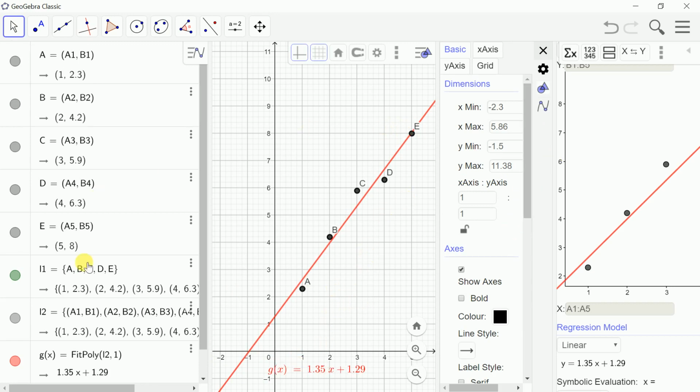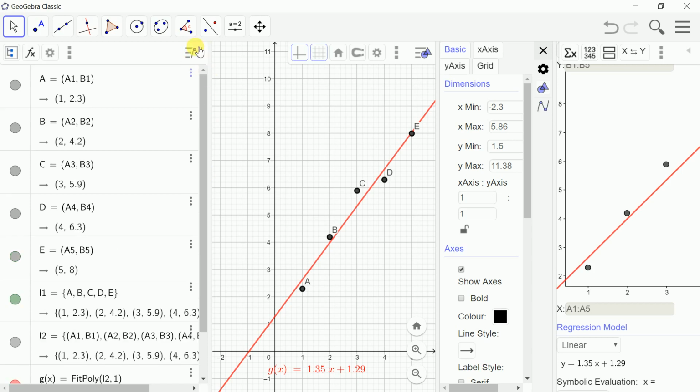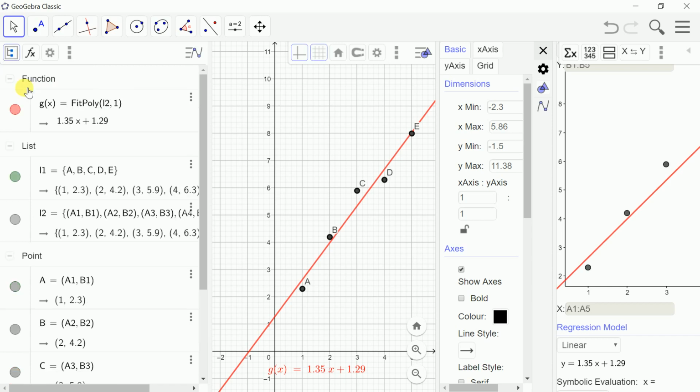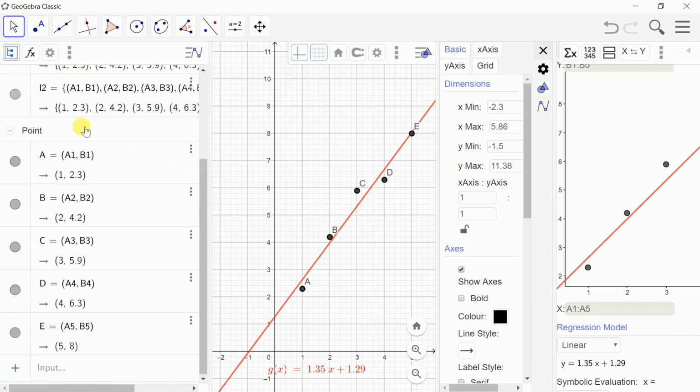We also want to see the labels of the other points. I could go in and do the same for each point, but that'll take a while. So instead, there's a trick that we can use here. Press that one here, and choose the sort by icon and sort by object type, and then you can see it will sort out all the points here. So if I just press where it says point,